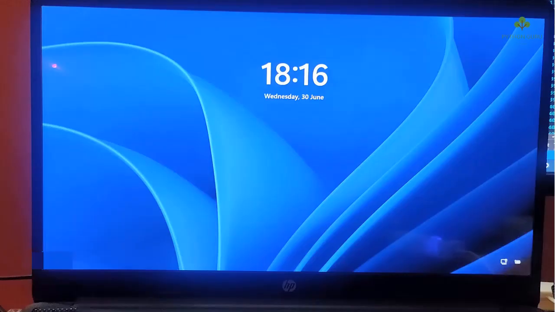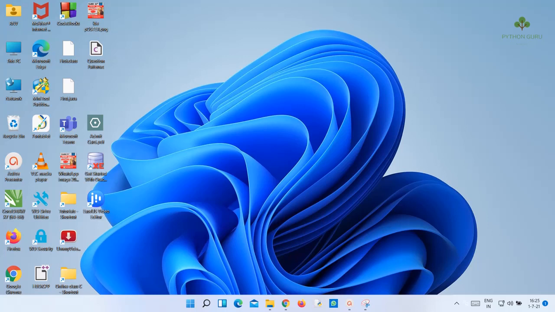You will see this screen, which is a picture I clicked of my Windows 11. After that the lock screen will be visible and you can enter your PIN and you will see the home screen or desktop of Windows 11. This is the procedure of the Windows Insider program by which you can update your Windows 10 to Windows 11, and including downloading I think it will take 45 minutes to 1 hour, depending on your speed.